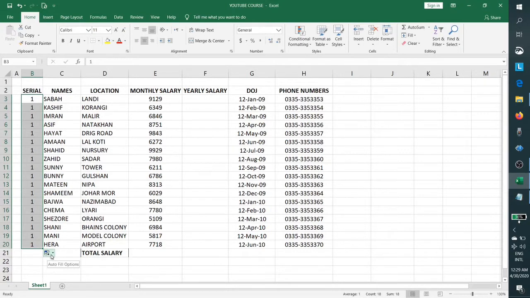And then we have a pop-up autofill option, and if we click here, it is showing us that copy cells is already selected. So let us go to fill series, and if we select the fill series button, it will fill up the series, like 1, 2, 3, 4, 5 till whatever row you have selected.